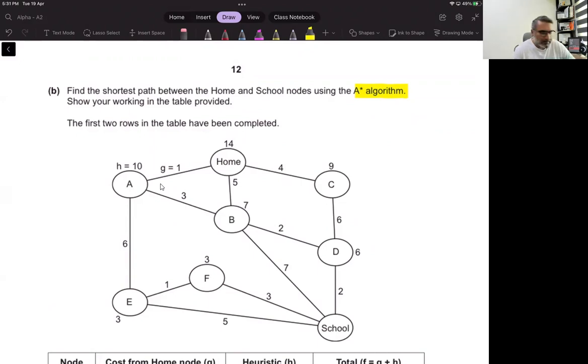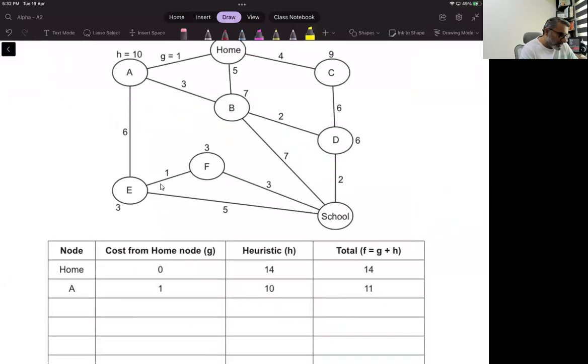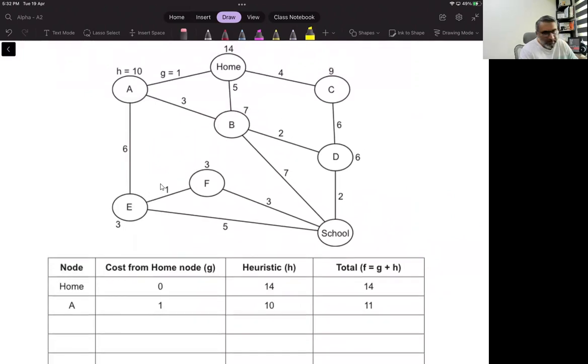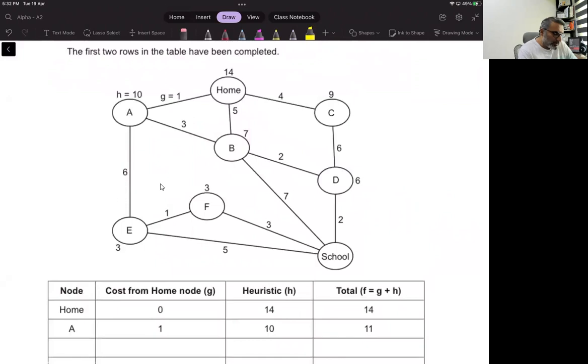Find the shortest path between the home and school nodes using A star algorithm. The first 2 rows in the table have been completed. So what is basically happening? Cost from home is G. G is basically the weight, the distance between 2 nodes, and H is the heuristic. So actually it tells that